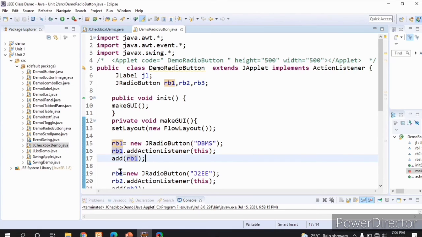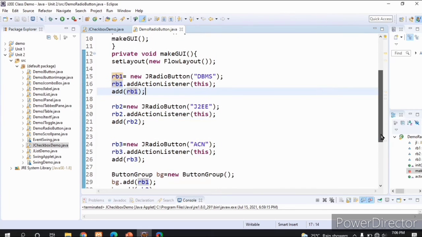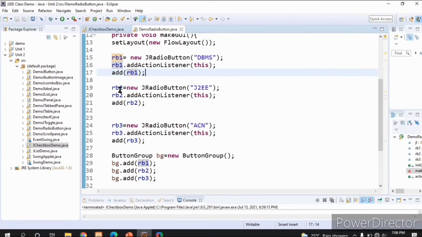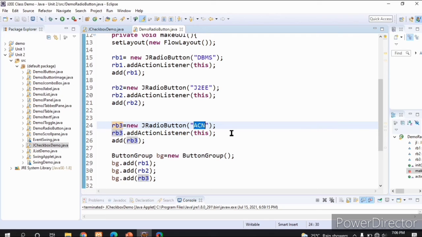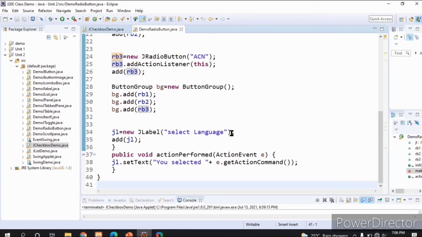Like that I am creating another two JRadioButtons, RB2, the name of which is J2EE, and RB3, the name of that button is ACN. I am registering those two buttons with the action listener and adding those two buttons to the content pane of the applet viewer. As I told, to maintain the mutually exclusive nature of these buttons, we need to create one button group and add those buttons into that button group.